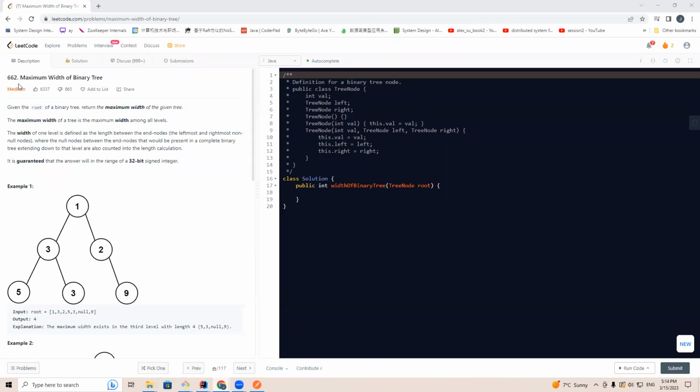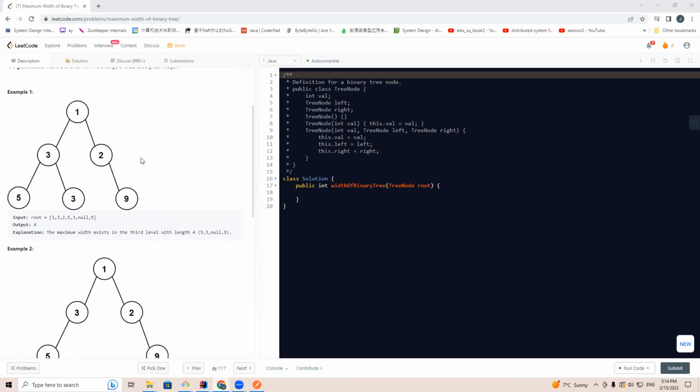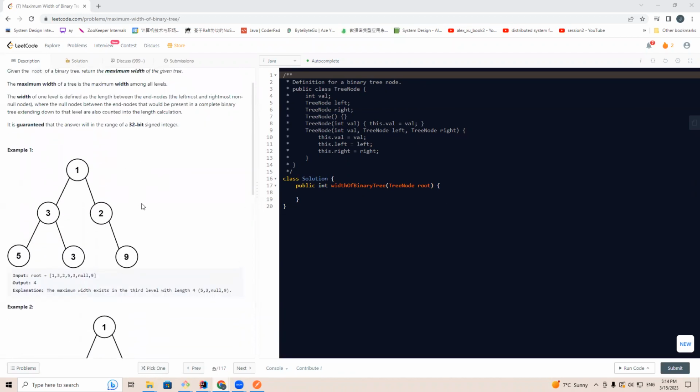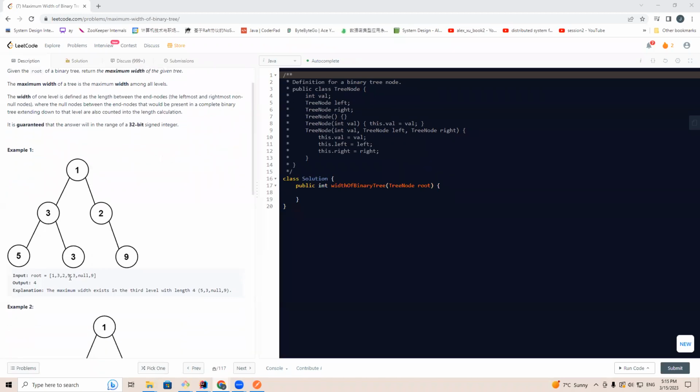Let's go to LeetCode 662, maximum width of binary tree. For this question, it gives us a binary tree, and let's find the maximum width. For example, in this tree, you see the first layer has one node. So the first layer has a width of 1, and the second layer has